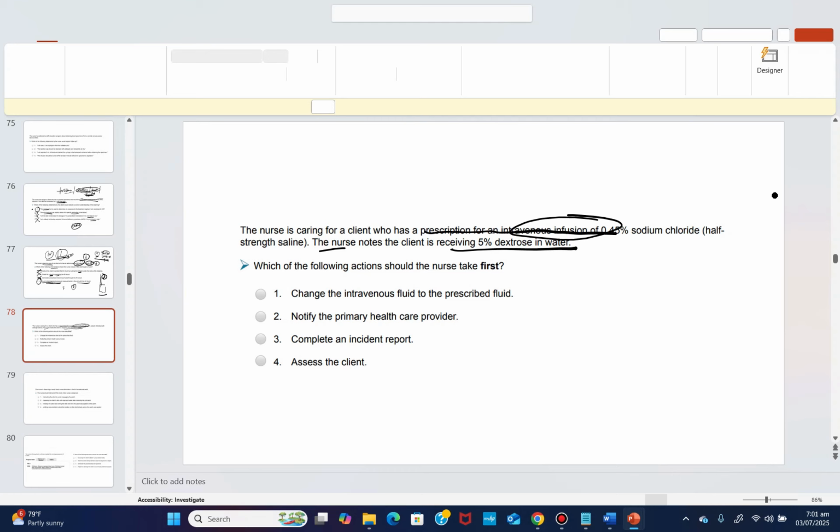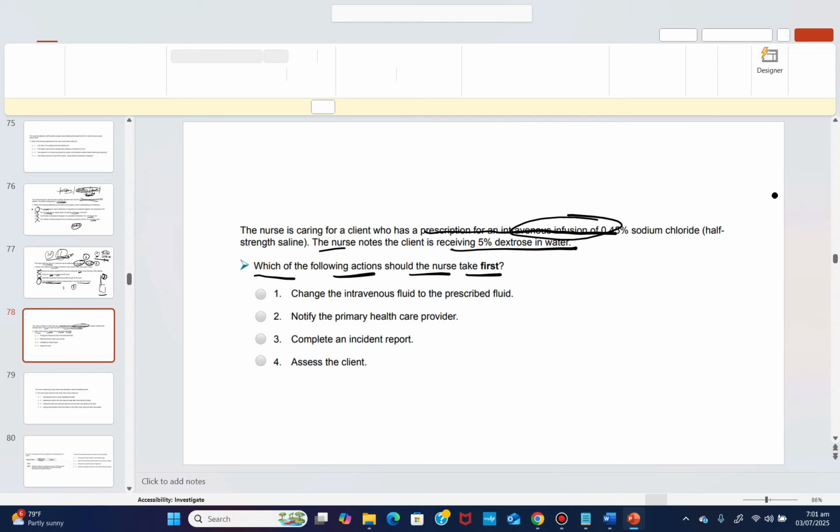Anytime you notice that a patient is receiving wrong treatment, the first thing you do is to assess the patient. I don't care what the question wants to test me on, but I know that is always the first thing. When I was answering this question, I already knew the answer is to assess, because that is the normal principle. That is how a nurse should react when a patient is getting wrong treatment. Assess.